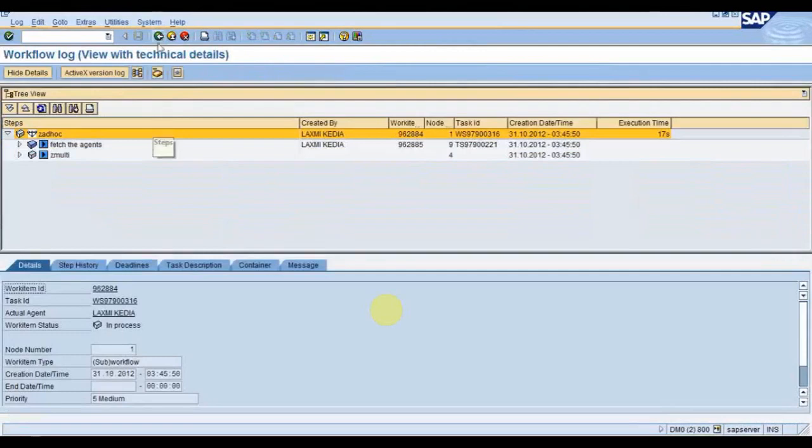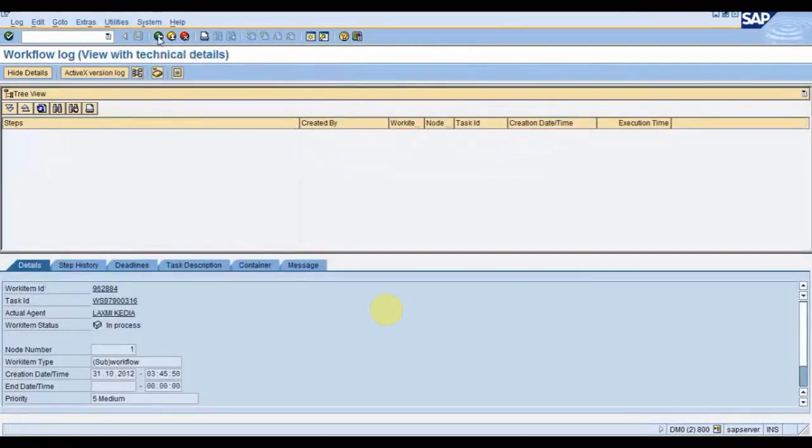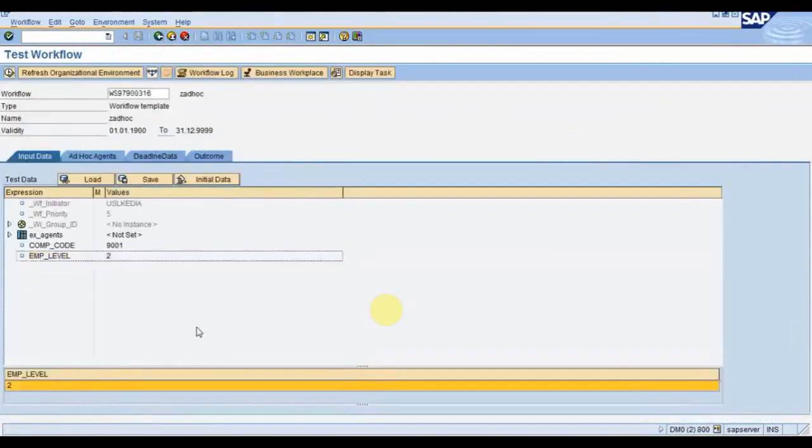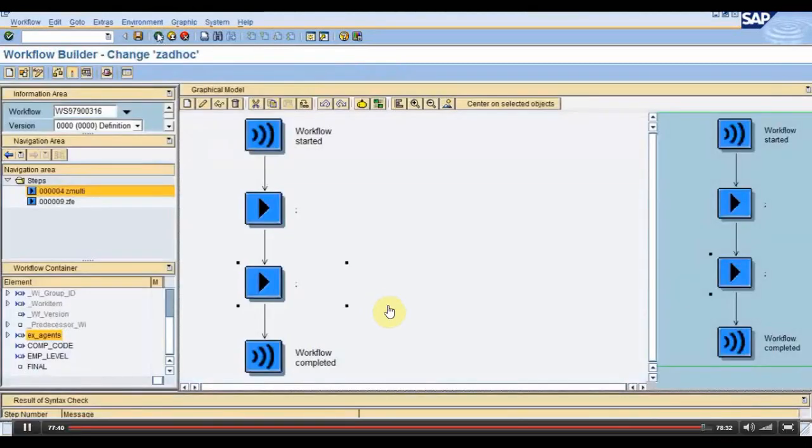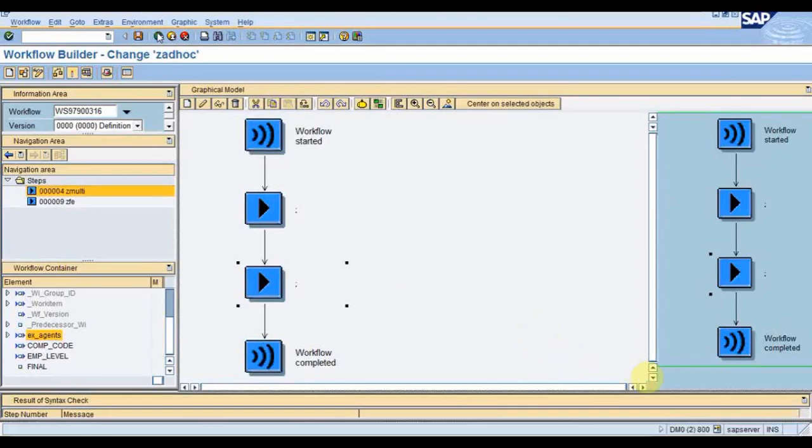So tomorrow I will show you these agents as well, how it works. I will check this. And tomorrow I will also have to show you the org structure, how you can create work center, position or unit, and how to assign those IDs or that org structure to this workflow.